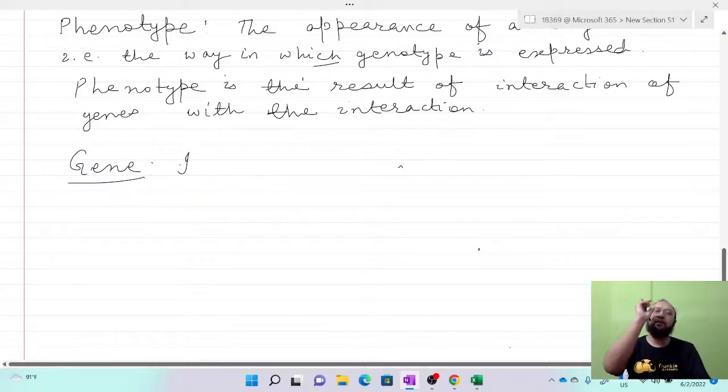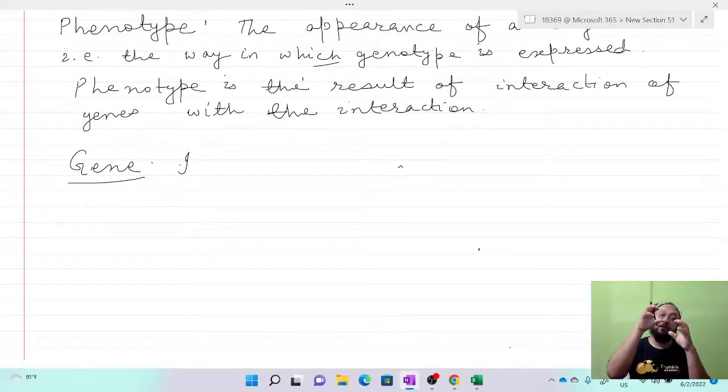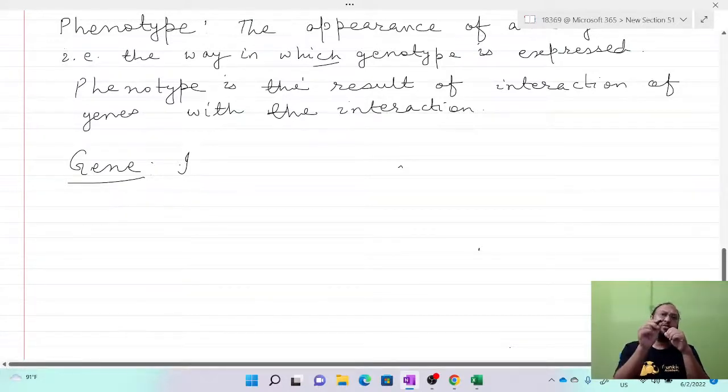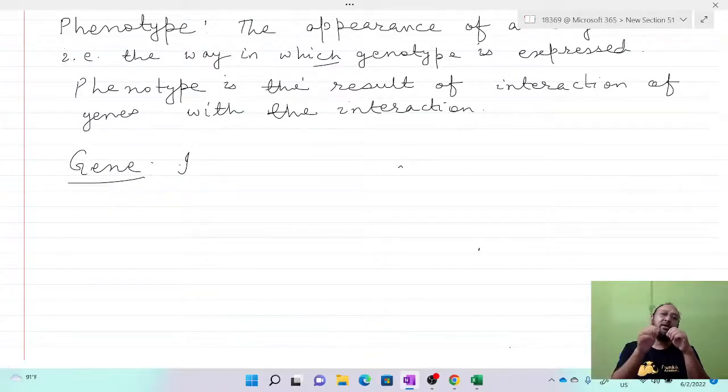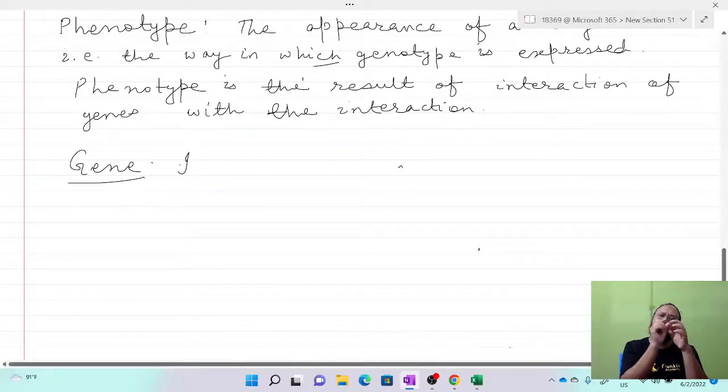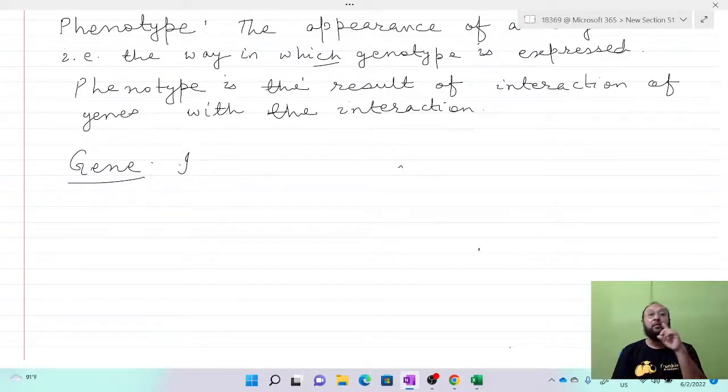In the cell there are different cell organelles, and within the cell we have one prominent central structure, the nucleus. Within the nucleus is the chromosome, within the chromosome is the chromatin fiber, and within that is DNA. The nucleosome is there, with the octamer core molecule on which the DNA is wound. In the DNA there are base pairs. These base pairs in triplet codons form one gene. These genes are responsible for coding one particular type of amino acid or protein, and thus they control one character or one feature.